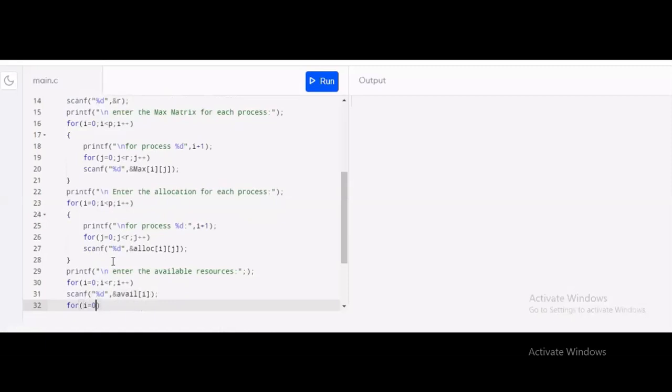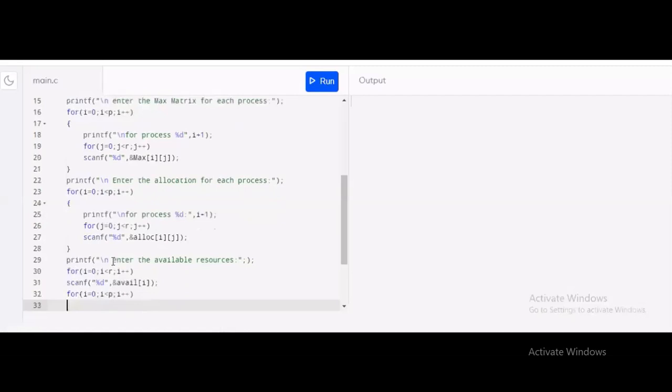Now, to find out the need matrix, we will use the formula need is equal to max minus allocated. So for this, we will use two for loops to print in matrix form. For I is equal to 0, I is less than p, I plus plus. I'm using these for loops to print the need matrix. For j is equal to 0, j is less than r, j plus plus.